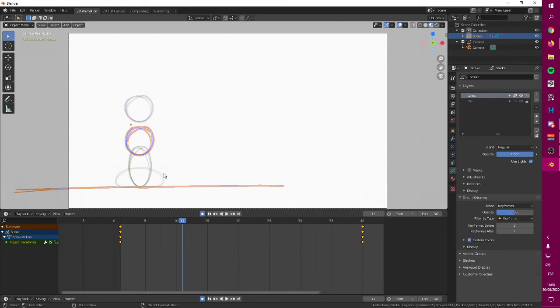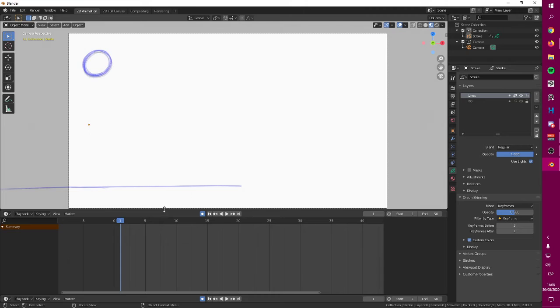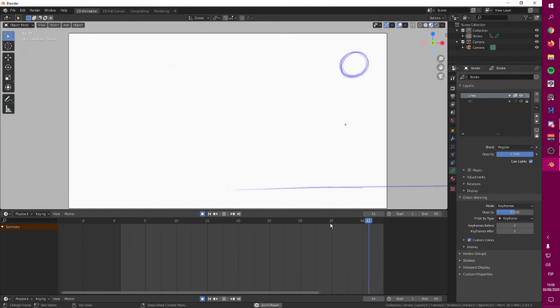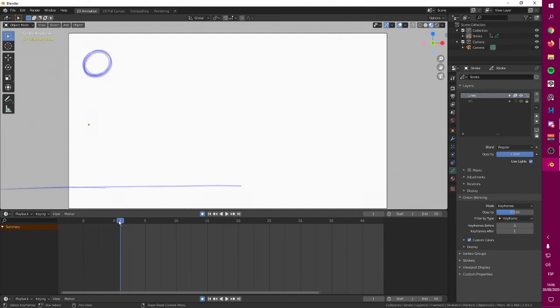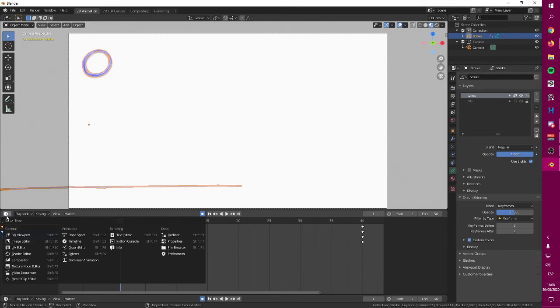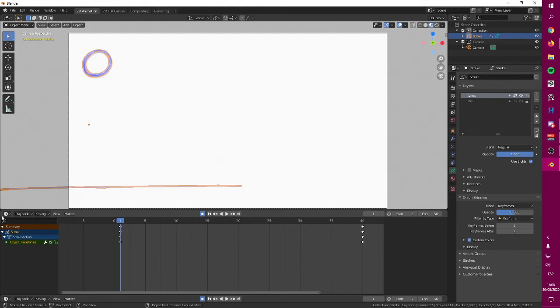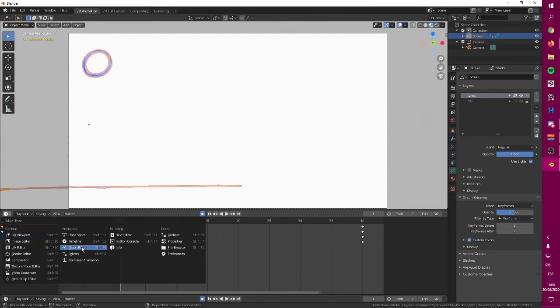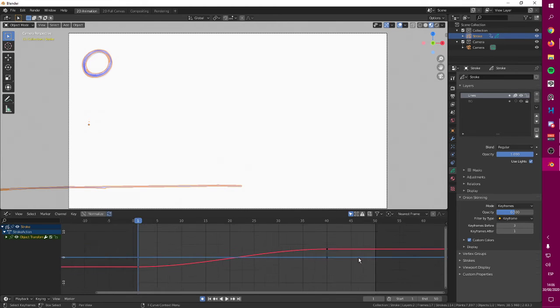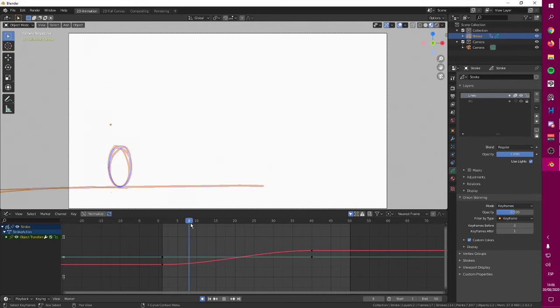So how to make this bouncing ball continue bouncing the entire time? If I remember correctly, you have to select the bouncing ball. You have to go in here to your panel and select the graph editor. The graph editor is going to display this thing in here.